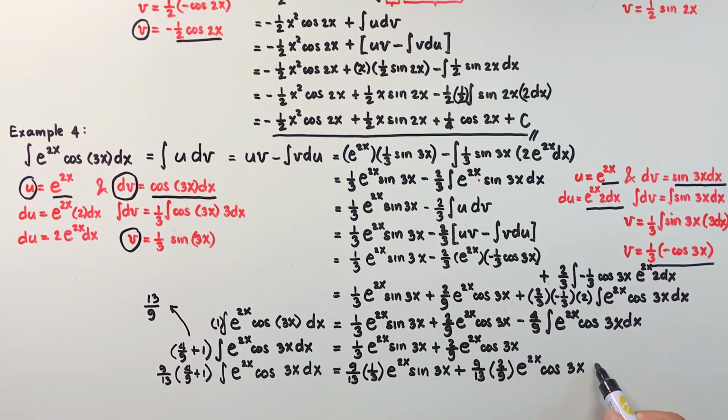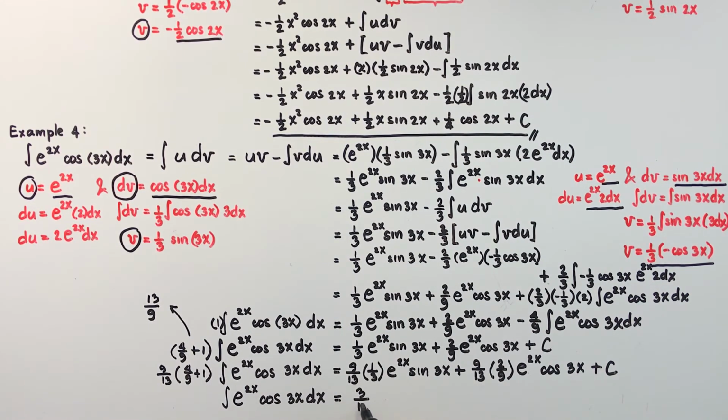And this will be added to the constant of integration c. So we have a c here in this line. So you can see that we are multiplying each term in this equation by 9 over 13. Why? So as to eliminate this 4 over 9 plus 1, because this 4 over 9 plus 1, which is 13 over 9, when multiplied by 9 over 13 will be equal to 1. So we have 1 times the integral of e to the power 2x cosine 3x dx, which is equal to